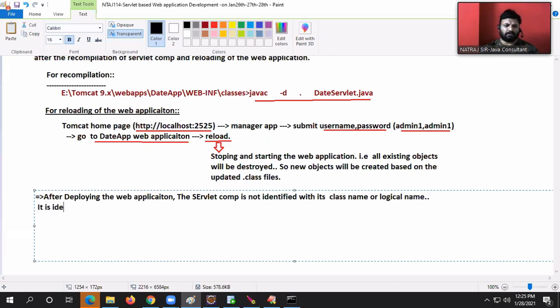It is identified with its URL pattern, nothing but the request URL.